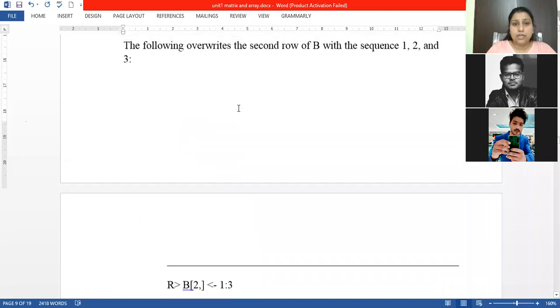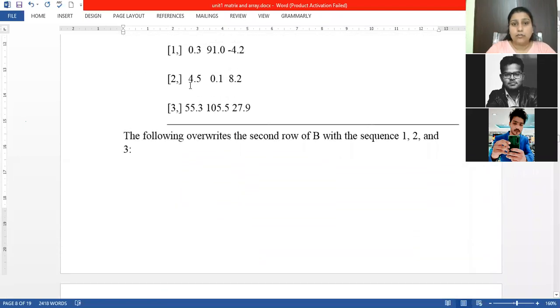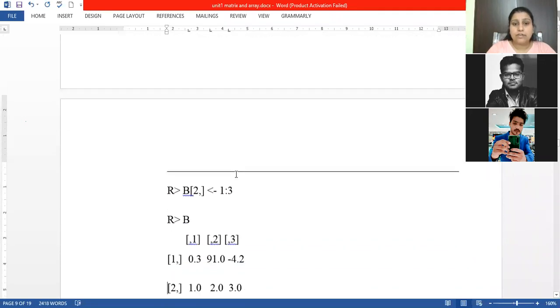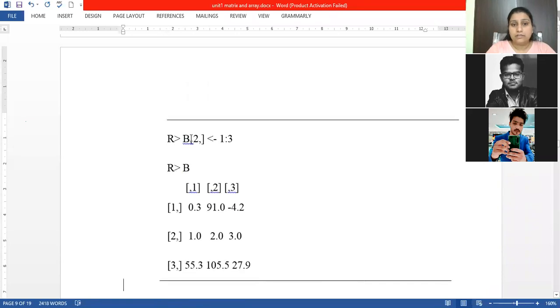Initially, the second row is 4.5, 0.1 and 8.2. Now I have to change my second row. I just define the second row, a comma, we haven't given any column number, and we define the sequence 1:3. It means it will store the values 1, 2 and 3. If you print it now, it will be replaced with 1, 2, 3. In such a way, you can assign new sequence values to your already defined matrix.